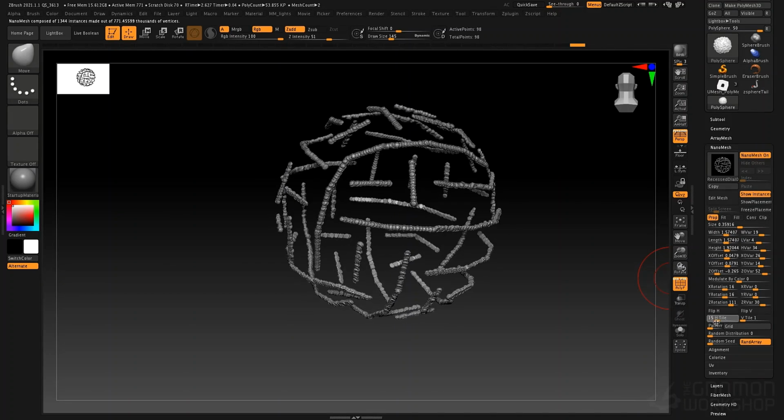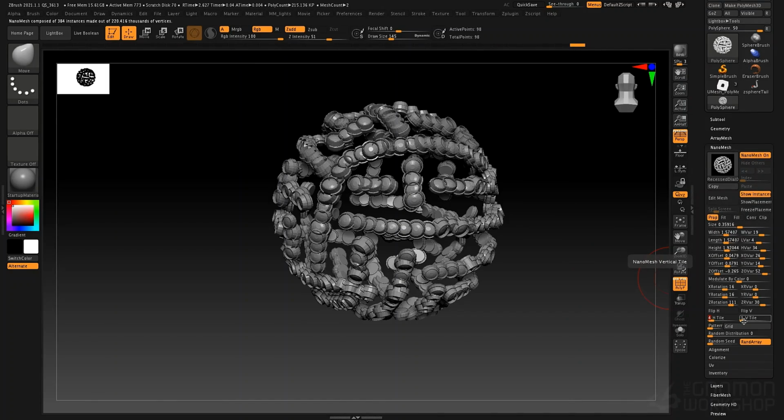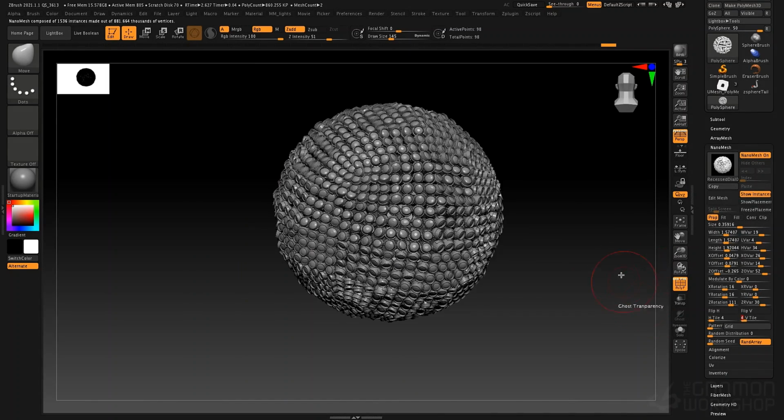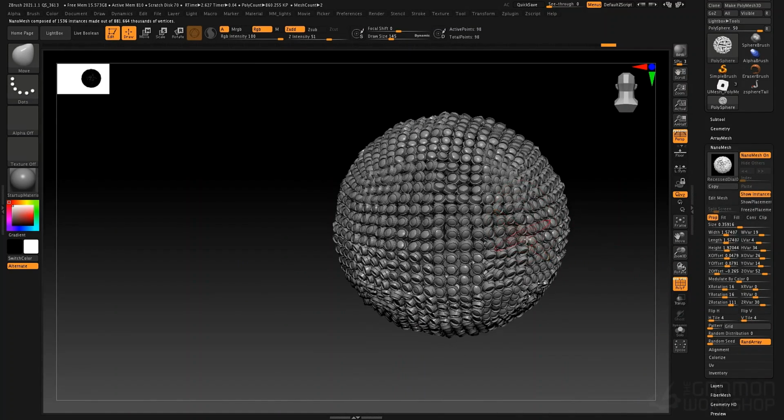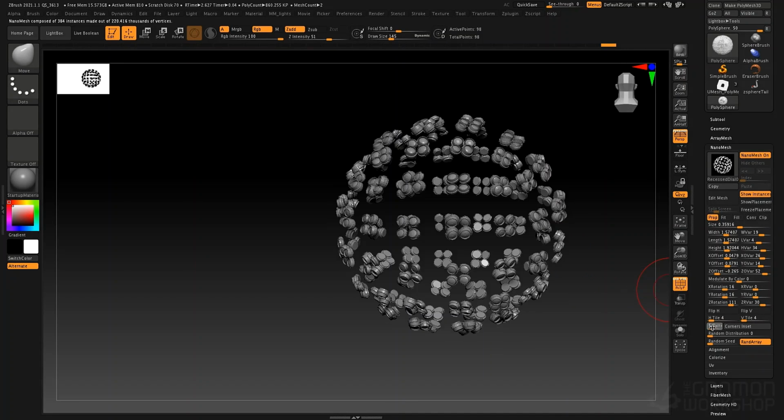So I can tile them along the horizontal. So let's do tile 4 by 4. And we can further tile them on each face. We also have the option to change patterns here. So if I change my pattern selection,